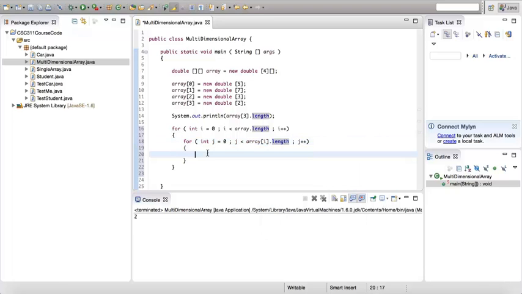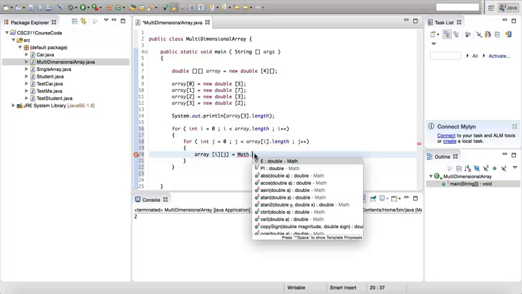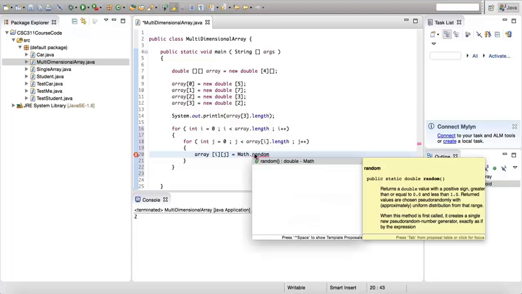So what we're going to do is just generate random numbers. Remember, because this is double, I'm not going to convert it to an integer. So I can say array index i and j equals the random, or you can add them, or for random just use Math.random. Here it is, and that's going to give you small numbers, as it says here,